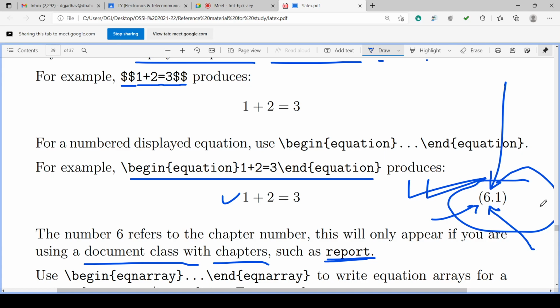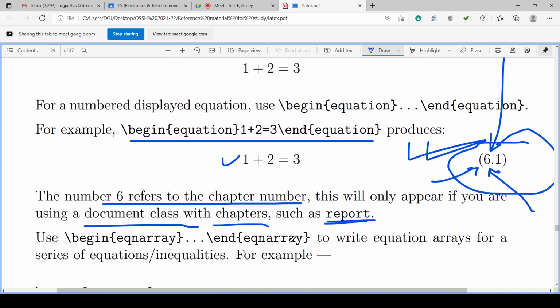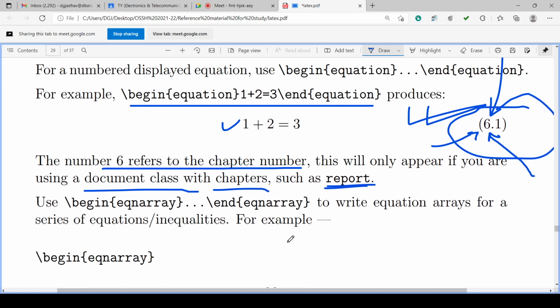If chapter is there, then the equation numbers will be chapter number dot equation number 6.1, 6.2, 6.3. In chapter 7, 7.1, 7.2, 7.3 and so on. In first chapter, chapter number 1, 1.1, 1.2, etc. So the number 6 refers to chapter number, and this will only appear if you are using a document class with chapters such as report. Isn't it?